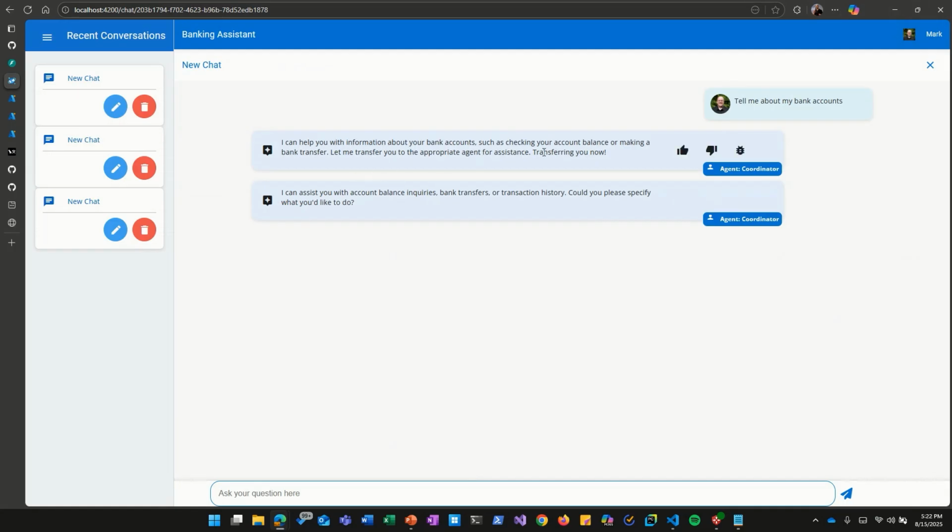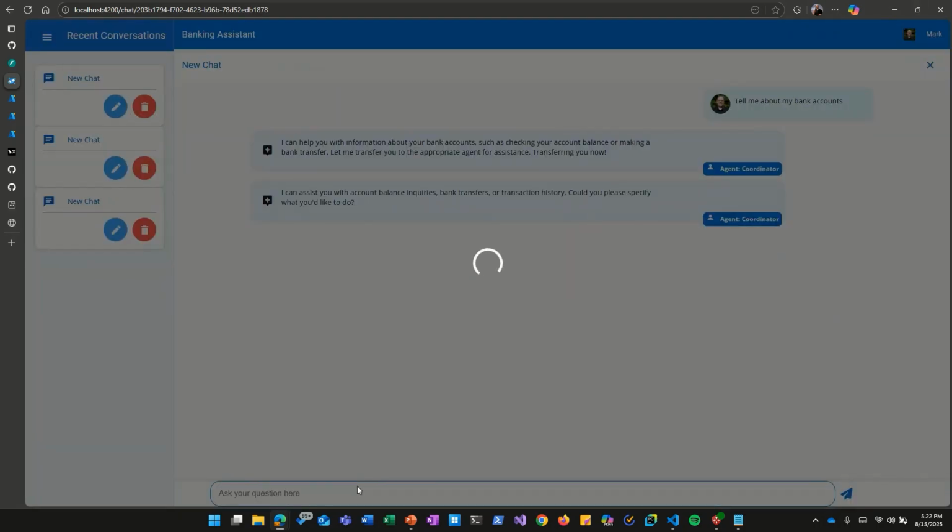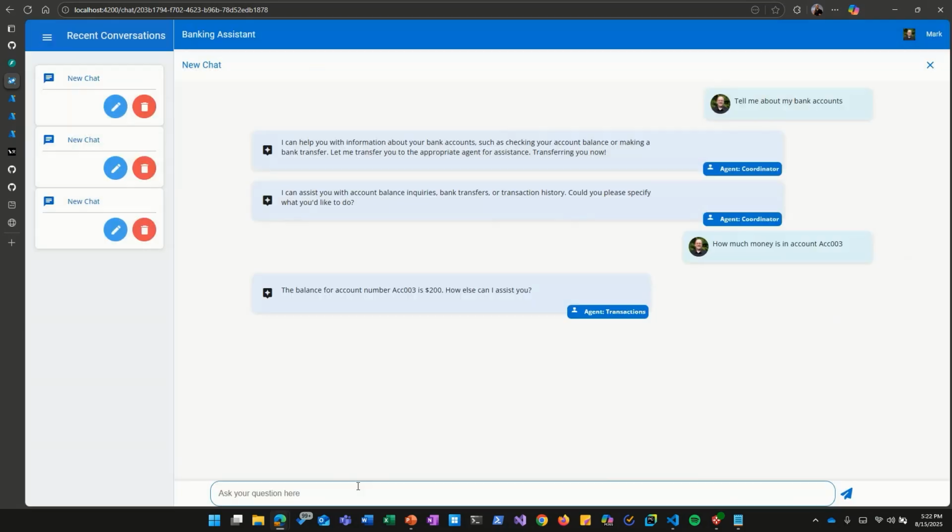So it's going to transfer me to a different agent, so I can ask about balance inquiries, right? And so now I can say, how much is in account ACC3? We'll let that run, and it'll come back to me and give me the right answer here, right? So it did a lookup for my account in Cosmos DB and got the number, so $200, and it's surfacing